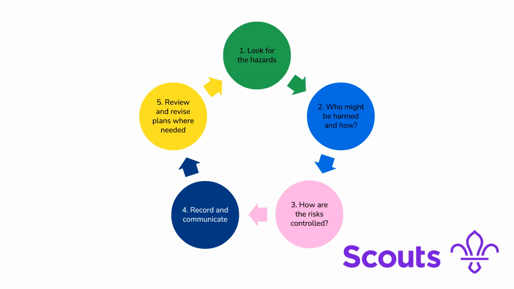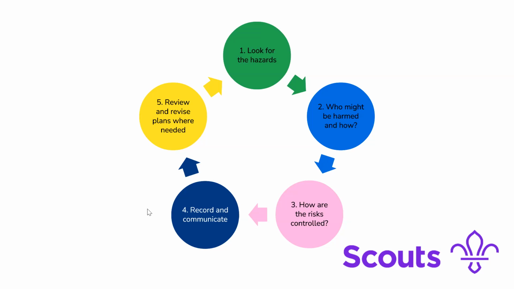So, for example, if you're cooking on an open fire, there are obviously things that could go wrong there and could harm people, but we can't just take the fire away, because then you wouldn't have a fire to cook on. But you can do things such as having buckets of water available, having the correct amount of leaders there, first aiders present, making sure that long hair and neckers are out of the way, things like that. Kind of the things that you probably would do with common sense, that's all part of mitigating the risk, and that's things you write on your risk assessments.